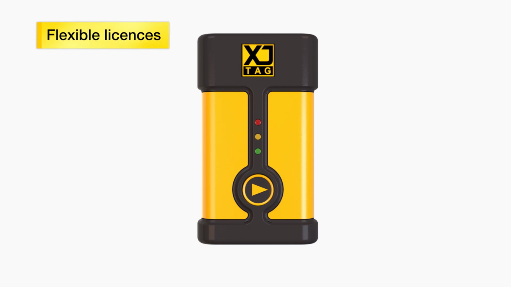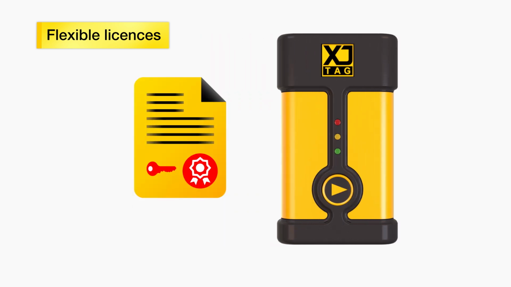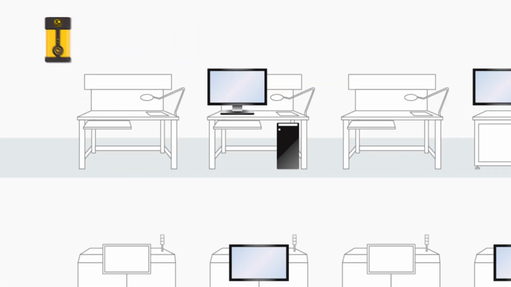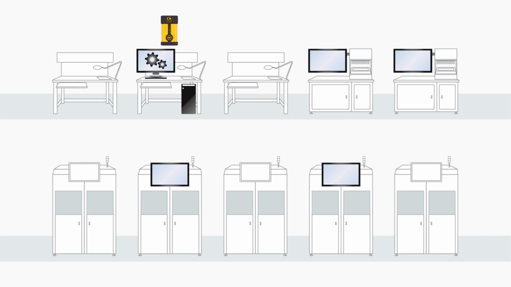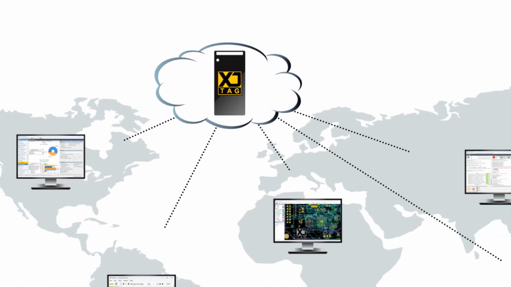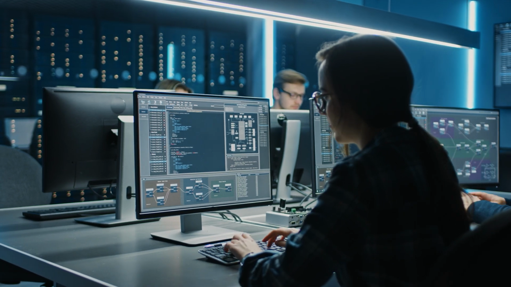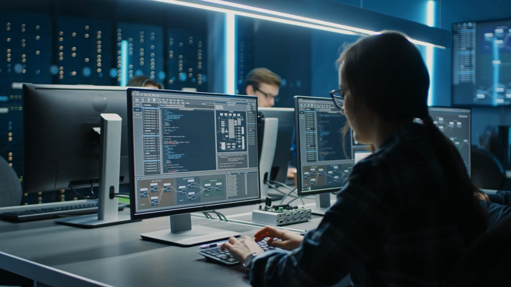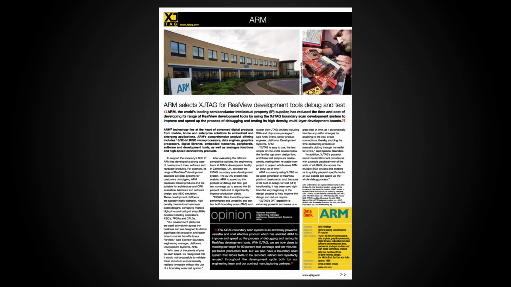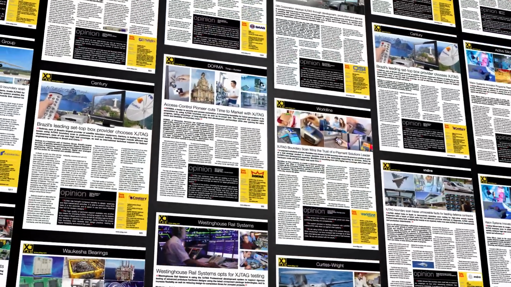It's also worth mentioning the flexibility that exists with the software license. It can be held in the JTAG controller, allowing you to install the software on multiple PCs and then easily move the controller between them as needed. Or there's also flexible network licensing if that suits you better. On top of that, this all comes with XJTAG's highly praised technical customer support. XJTAG brought its first boundary scan product to market over 25 years ago, and many engineers around the world now benefit from the XJTAG test system. The website carries 100 case studies that testify to satisfied clients across the global electronics industry.